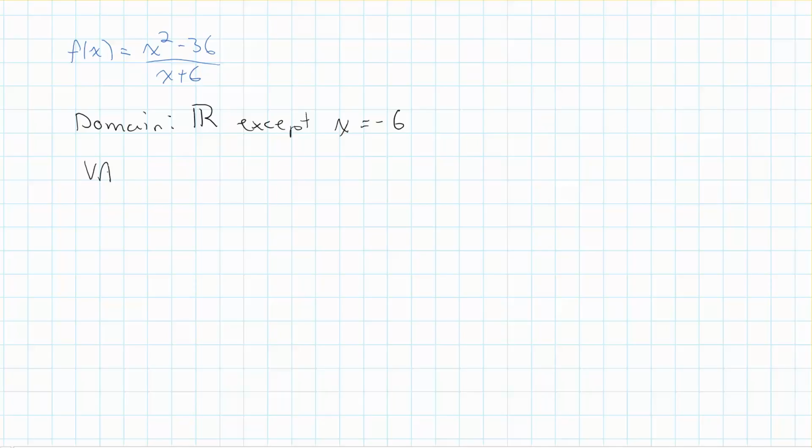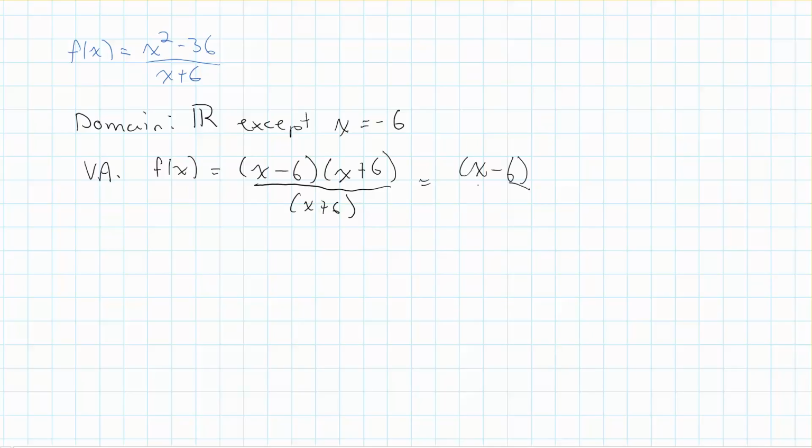Well, vertical asymptotes, remember, we should always reduce this down. The other two examples we didn't have anything to worry about because it clearly didn't reduce, but x squared minus 36 clearly factors to x minus 6 times x plus 6, divided by x plus 6. And this reduces down to, of course, just x minus 6 over 1. Now, what I want to emphasize is the graph